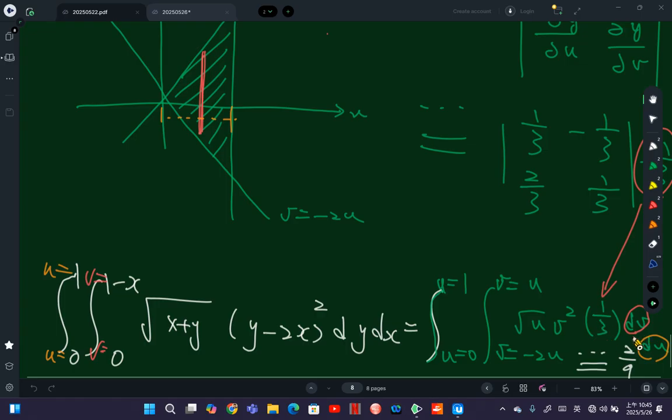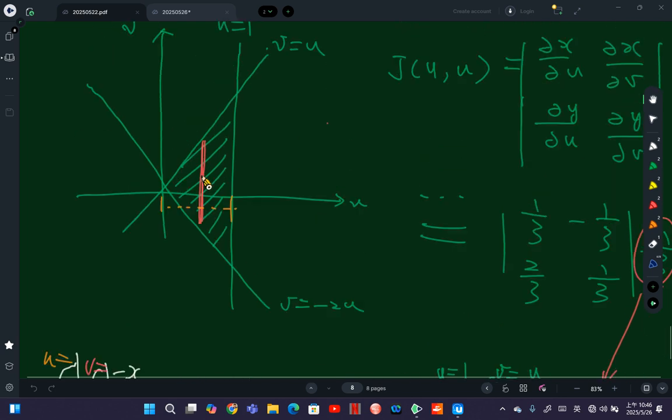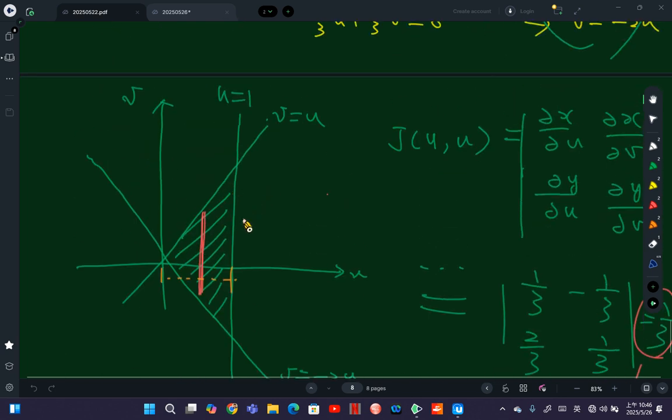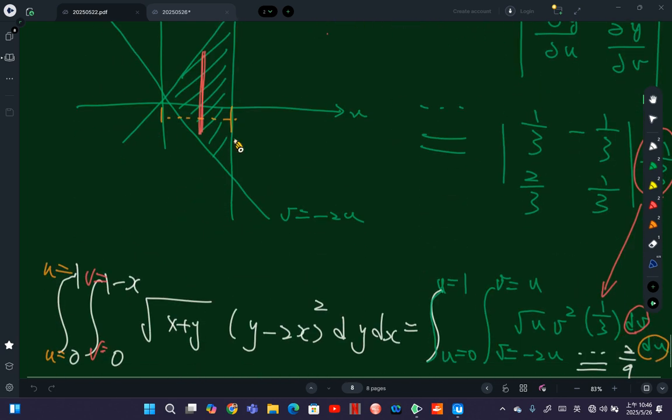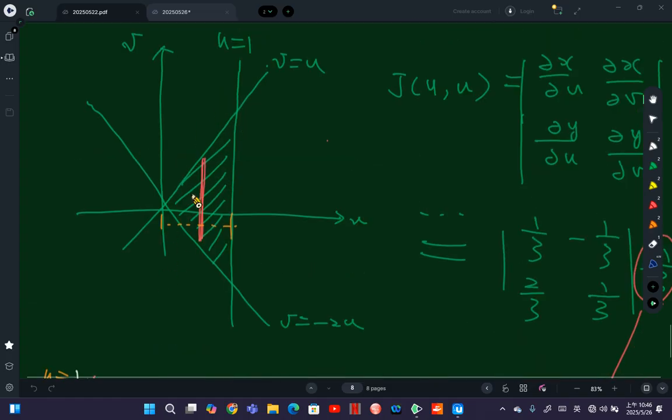And if your integration order is dv first, then, as I always remind you, remember to draw a line passing the region which is parallel to the